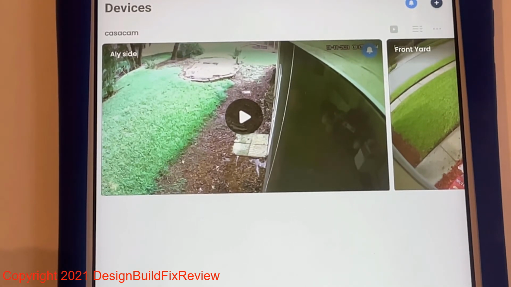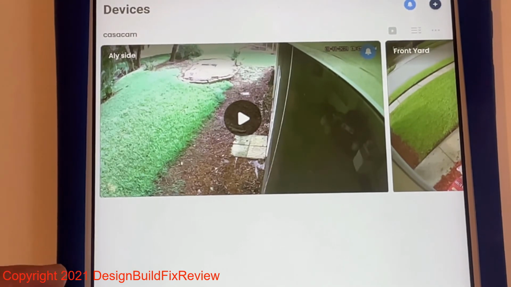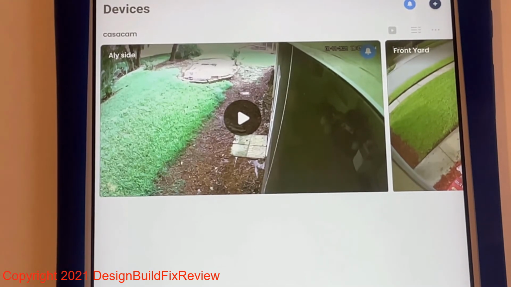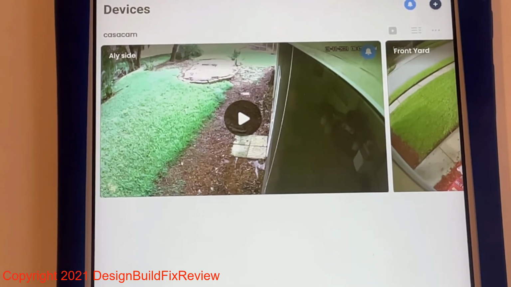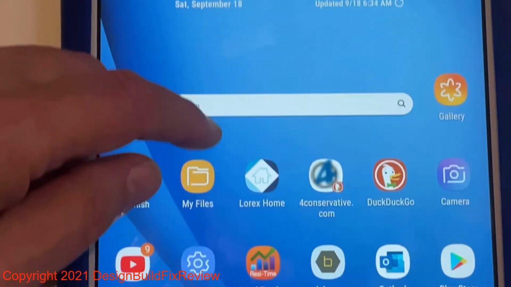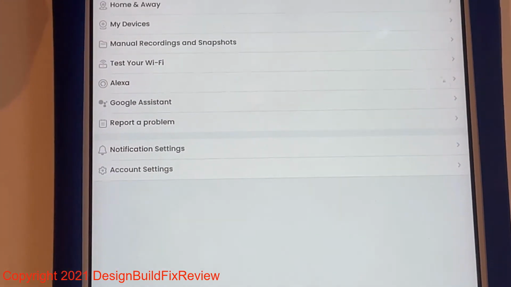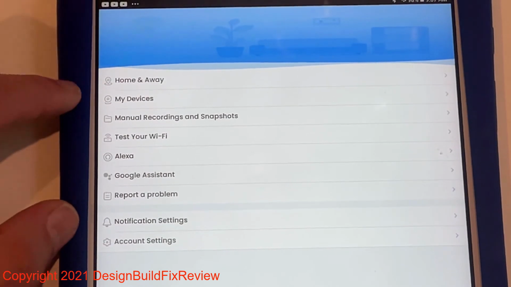I have a video on how to set up the email system so that it emails you like a 10-second clip when motion is detected. But this Lorex remote access app that you download is pretty good. You really want to get it when you have your camera system. And I put it on my front page on my tablet and on my phone. And you could adjust some of the settings in there too if you want. But I really don't use it to adjust the settings.